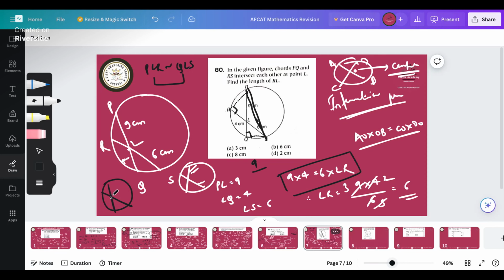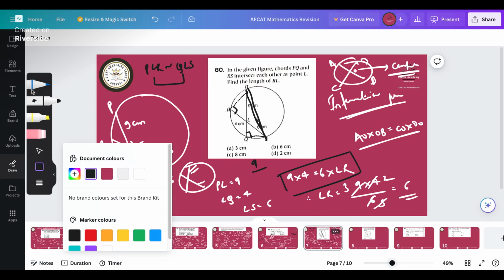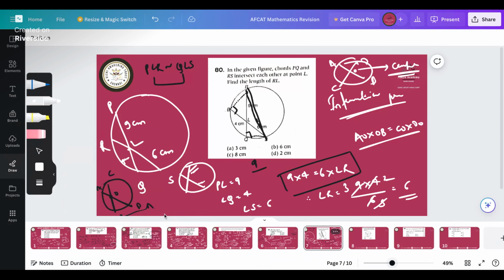But let's just understand that if there's something like that, AOB, COD. So AO, one moment. Yeah. So basically, nothing but over here is your